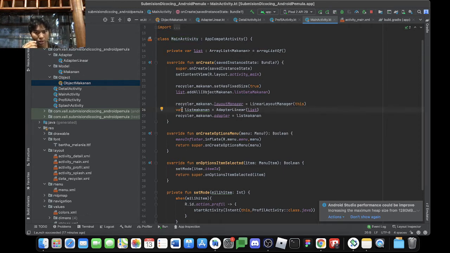Now make a variable and connect it into the adapter. Yeah, adapter linear, and put list that connects into the model inside of a normal bracket.